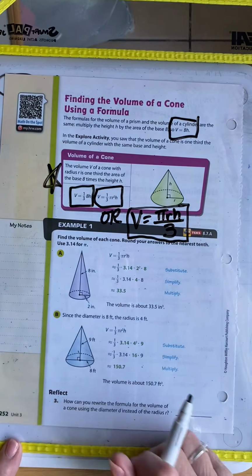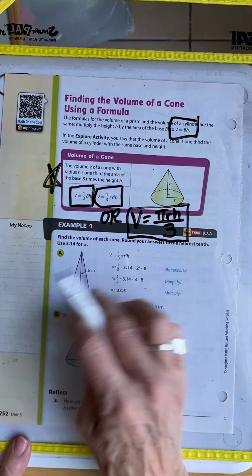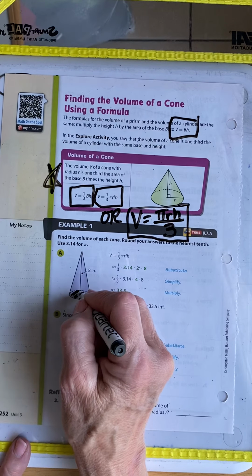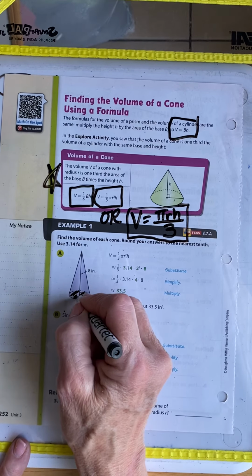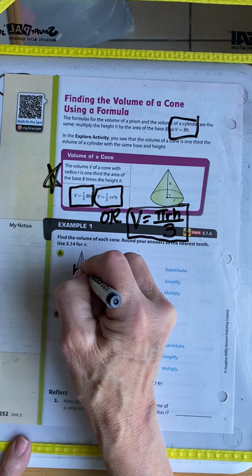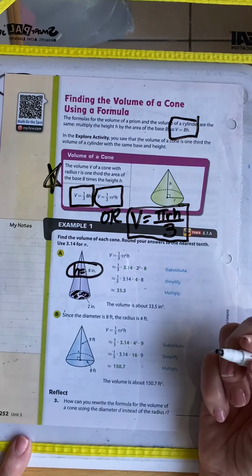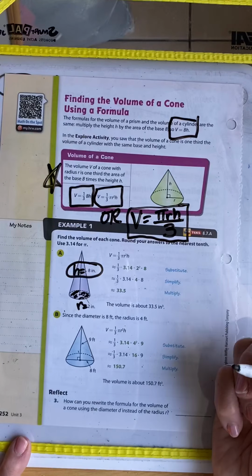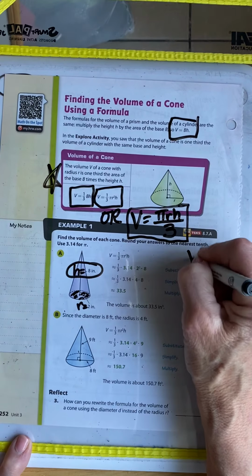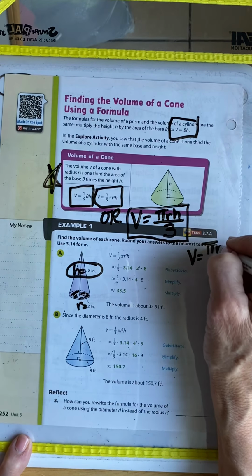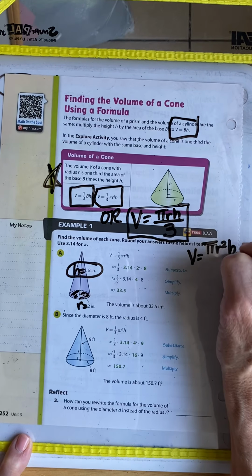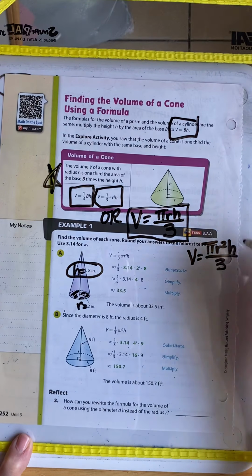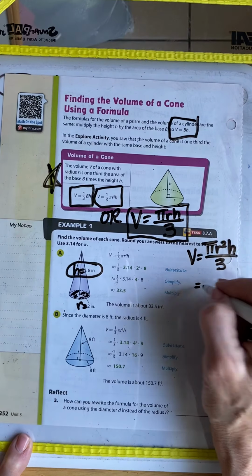Okay, nice. So let's practice. All right, we see our cone. We always want to shade our base. Don't knock out your numbers. Shade your base and circle the height. Okie doke. We see that 2 is the radius. So easy to do. V equals pi r squared times h divided by 3. Class, do them this way. Start with the formula every time. Now plug in